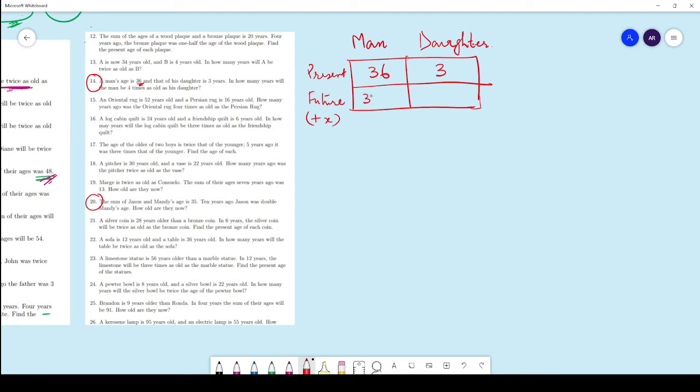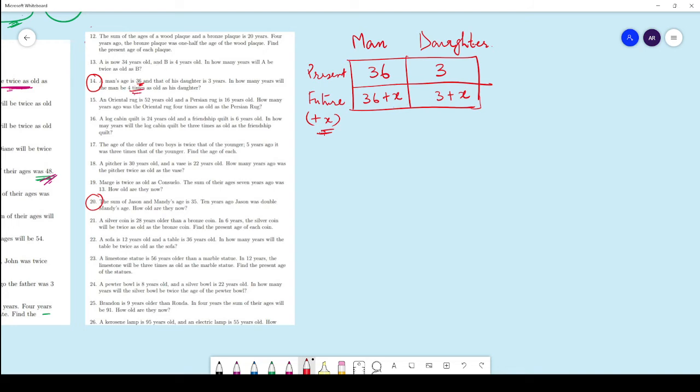Whatever be the number of years, the father is going to be 36 plus x and the daughter is going to be 3 plus x years old, right? We do not know how many years it is going to take us. That is why we are saying, let us say it will take x number of years for the ages to be in the relation which is given over here